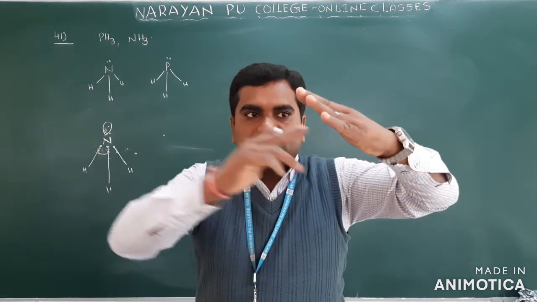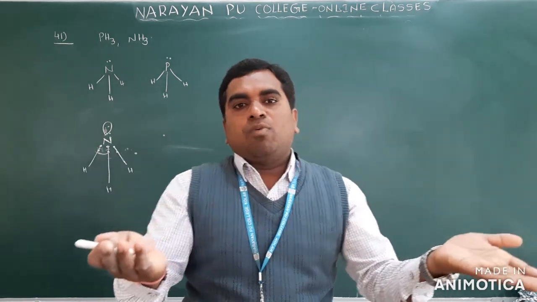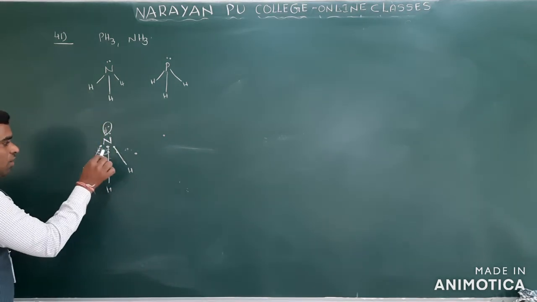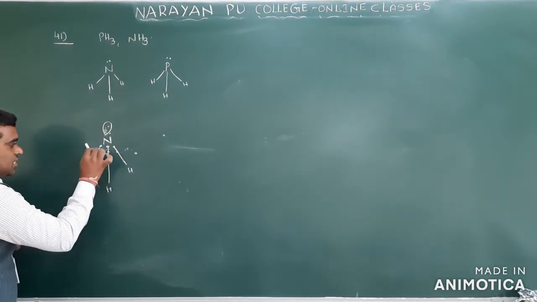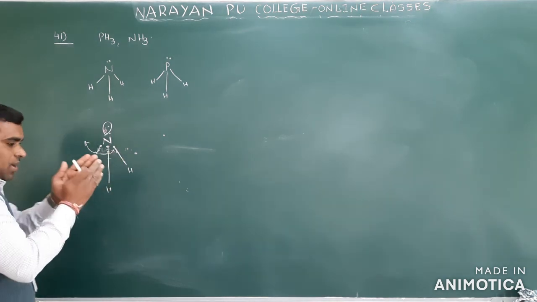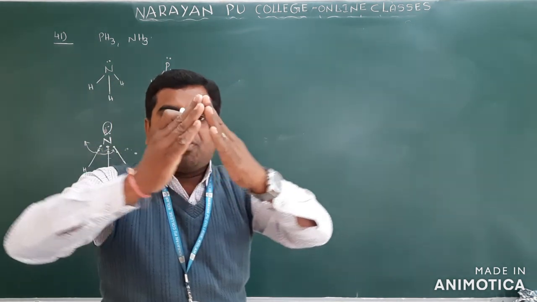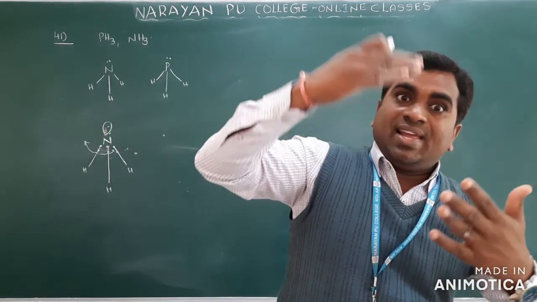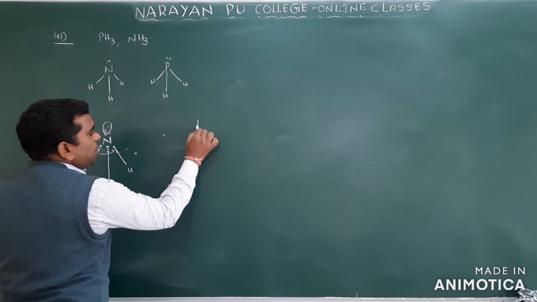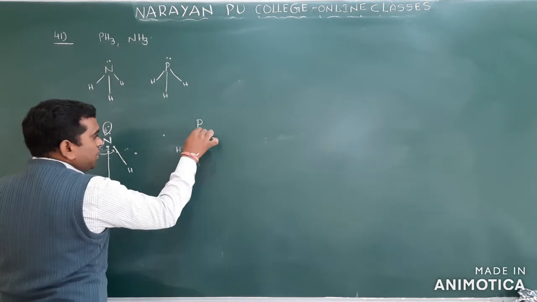If they move away from each other, the distance between the bond pair electrons increases, so repulsions decrease. To avoid this repulsion, this bond will move this side and this bond will move this side. Then what will happen? The bonds are moving away from each other, so the bond angle increases. Clear here? But if you take phosphine,